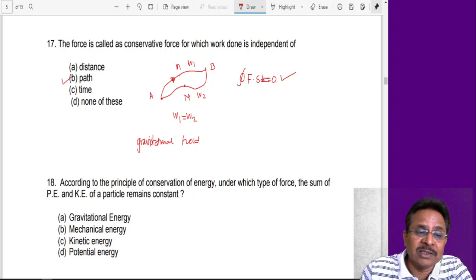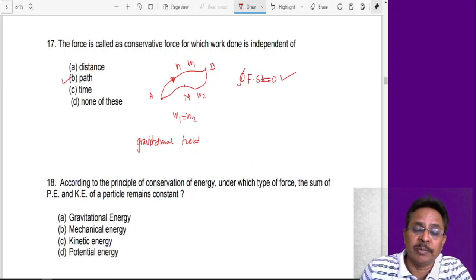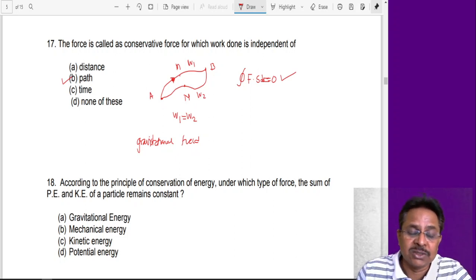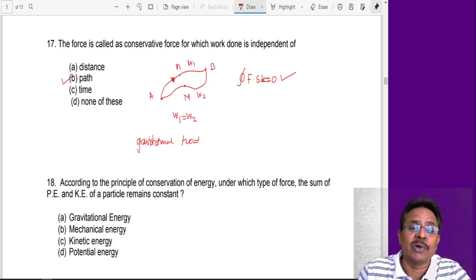So it is path independent. This doesn't depend upon the path, which path we follow. It just depends upon the end points, starting point and end point. So I am starting here, going to B, and again coming to A. So location is not changed even though I go from this to this. So total work done is always found to be 0 in this case. Hence such a field is called a conservative force field.